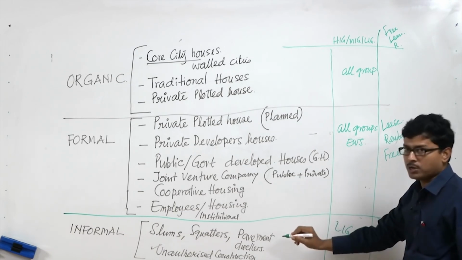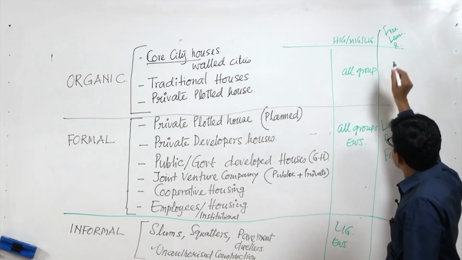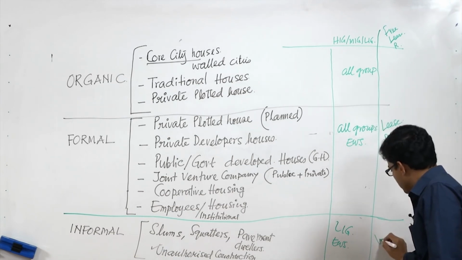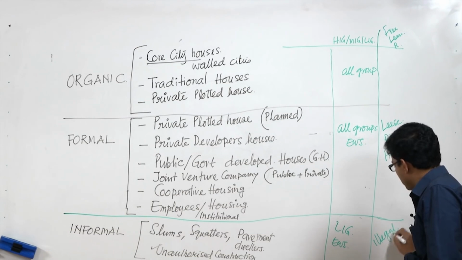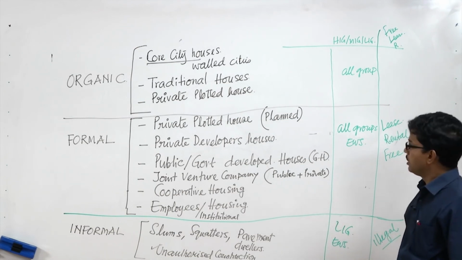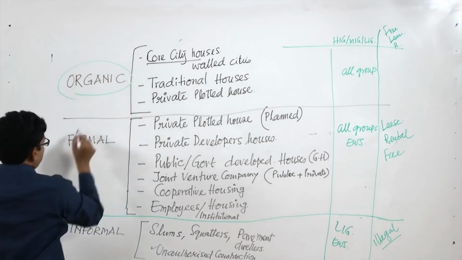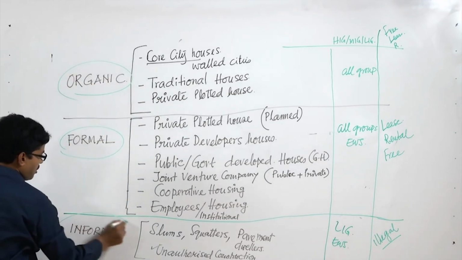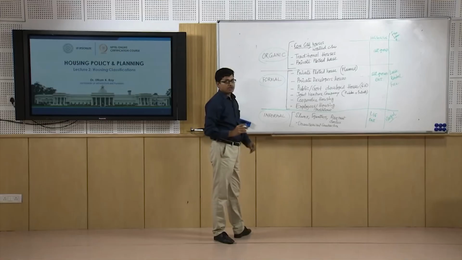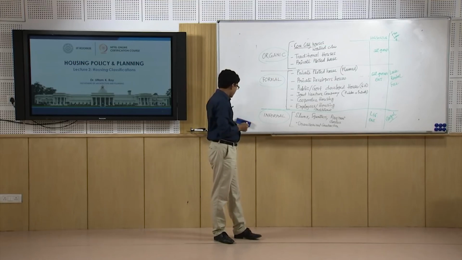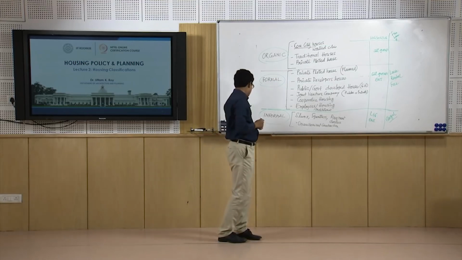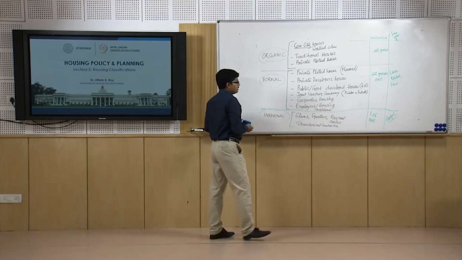Whereas the informal houses do not bother about the land tenure, and are mostly built on illegal land or illegal construction. And you can observe that organic house, formal house and informal house each require a different type of intervention. So if we want to put the intervention,